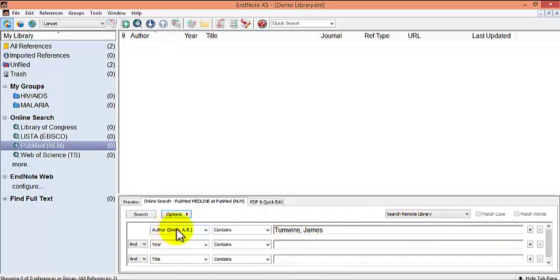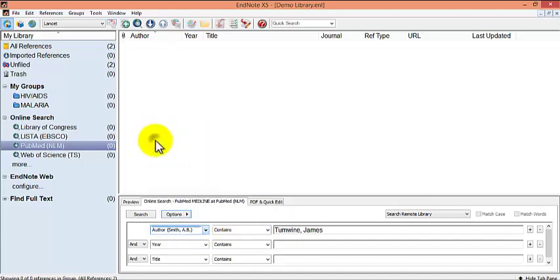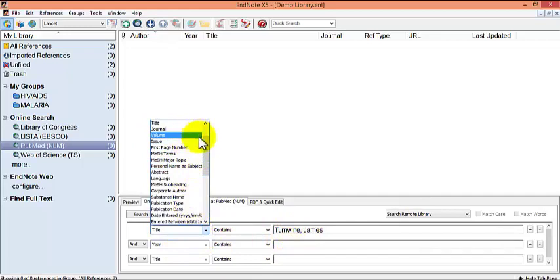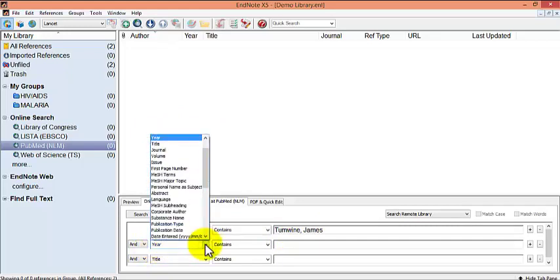You leave it as author. Of course, if you started with title, you are still free to select the title here. But since this is an author, we are going to leave it as author. And then where there is year of publication, we can actually call this a keyword or a text word,